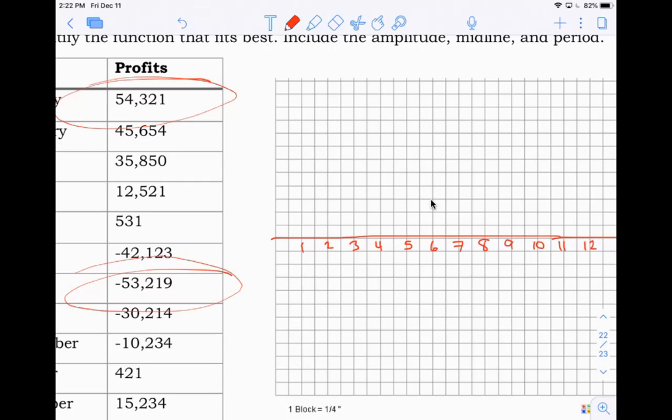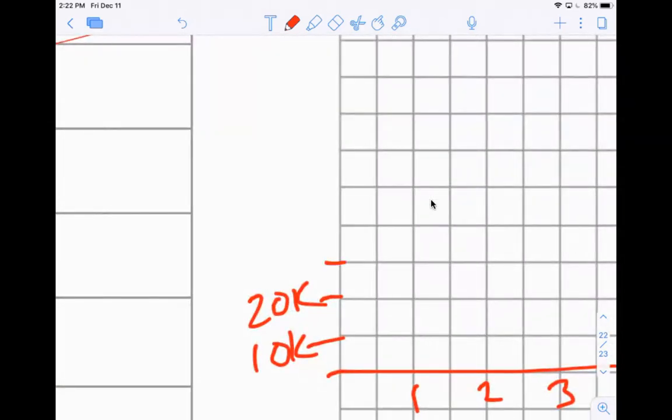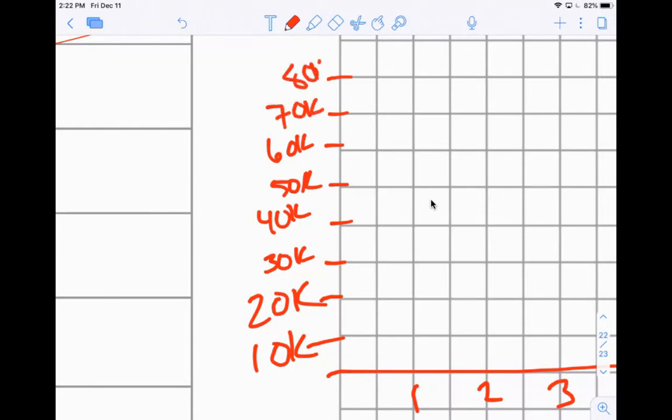And then we'll do 10,000, 10K, 20K, 30K, 40K, 50K, 60K, 70K, 80K, okay,